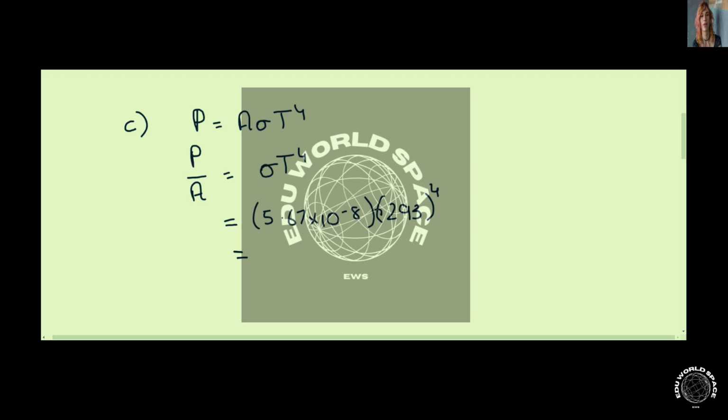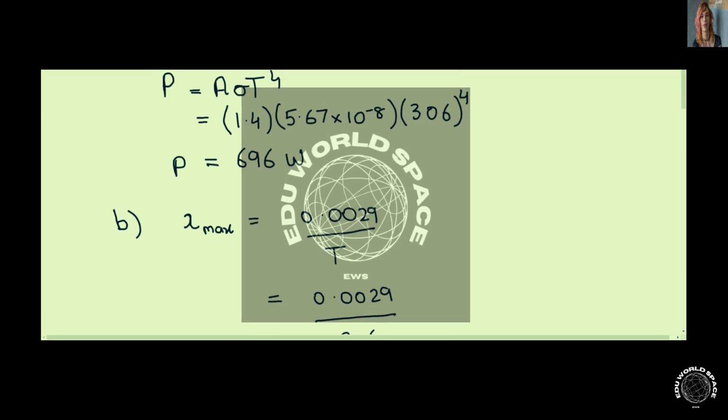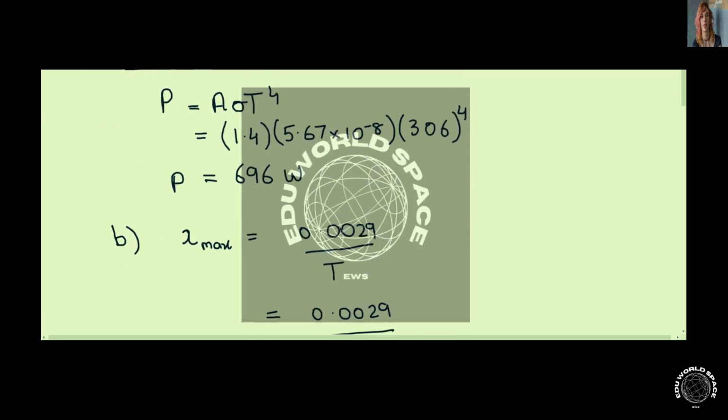And this comes out to be 418 watts per meter squared. Now it's given that the area of the human skin is 1.4 meters squared,